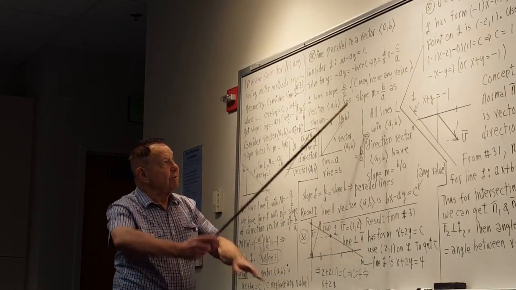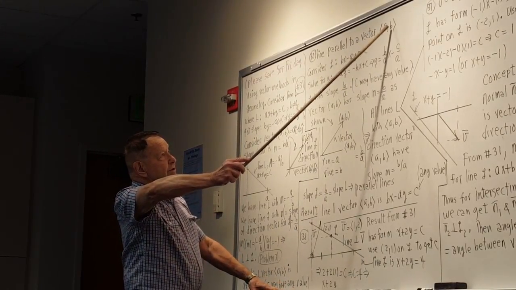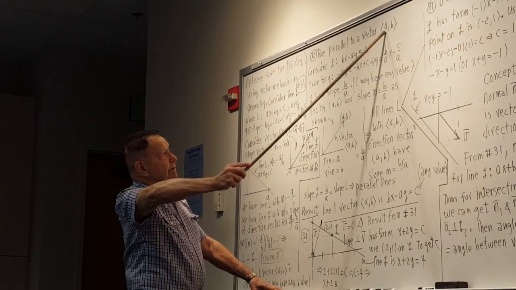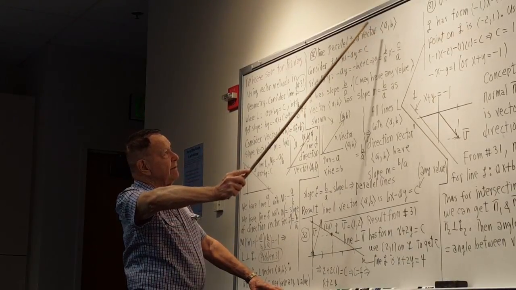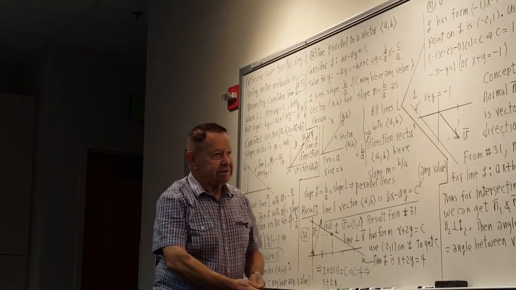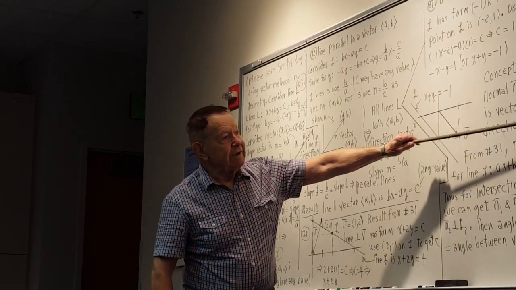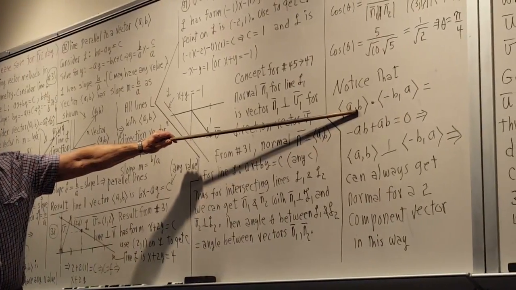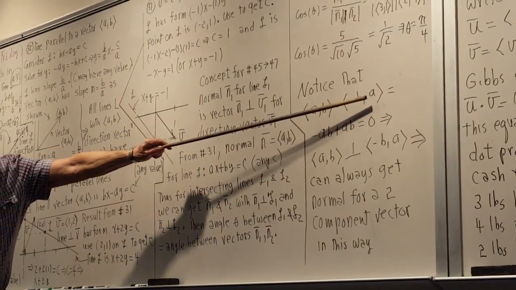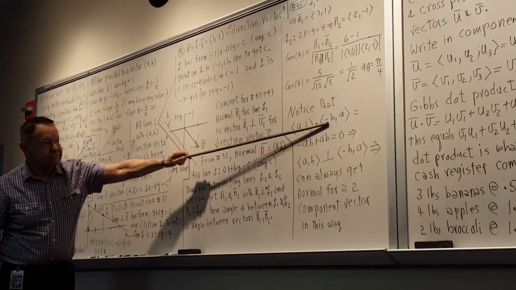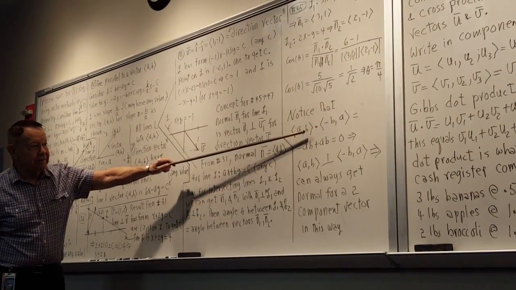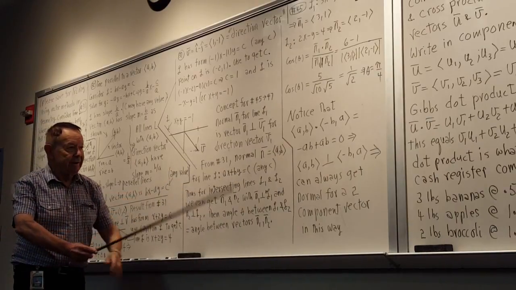You notice that what you've done is you've interchanged the order of the letters and changed one sign. That's because if you look at two vectors, AB, and the vector you get if you interchange the order of the components and make a sign change,